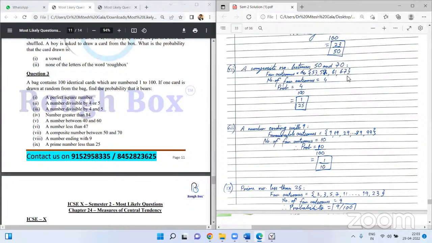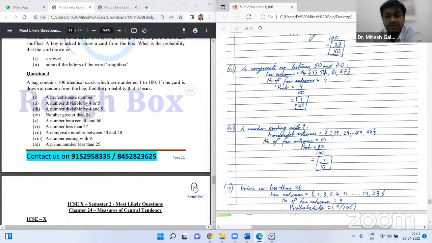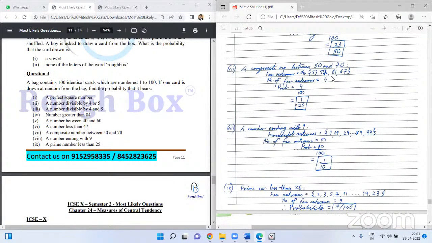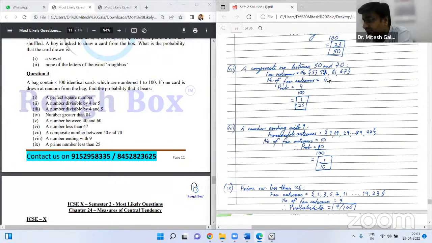I've got a question on probability. Wait one second. Here, composite numbers between 50 and 70. So there is a mistake done here. Yeah, he has taken prime numbers. So you'll have to take composite numbers. So the composite numbers will be 51, 52, 54, 55, 56, 57, then 58, 60,